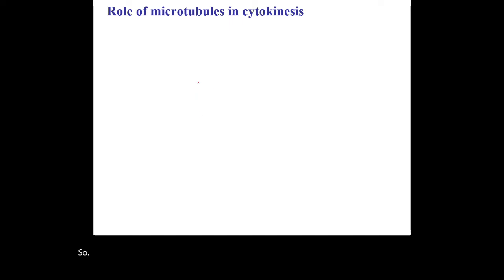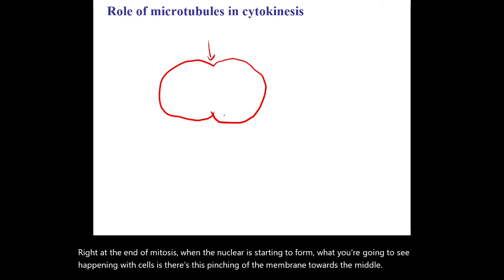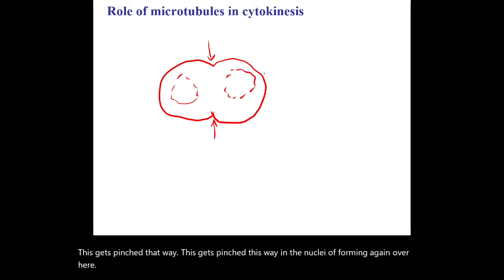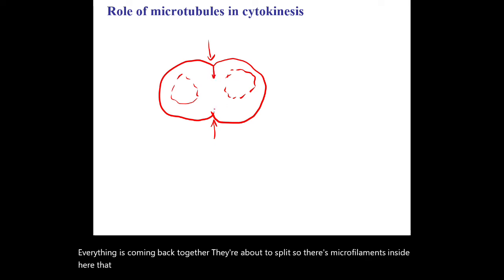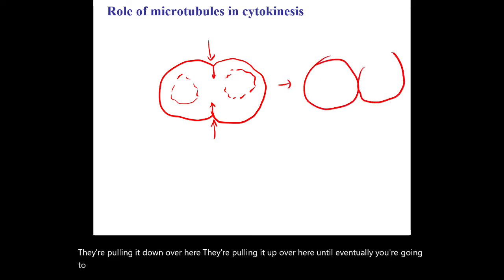Right at the end of mitosis, when the nuclei are starting to form, what you're going to see happening with cells is this pinching of the membrane towards the middle. This gets pinched that way, this gets pinched this way, and the nuclei are forming again over here. Everything is coming back together. They're about to split. So there's microfilaments inside here that grab onto the membrane and pull it. They're pulling it down over here, they're pulling it up over here, until eventually you're going to form two separate